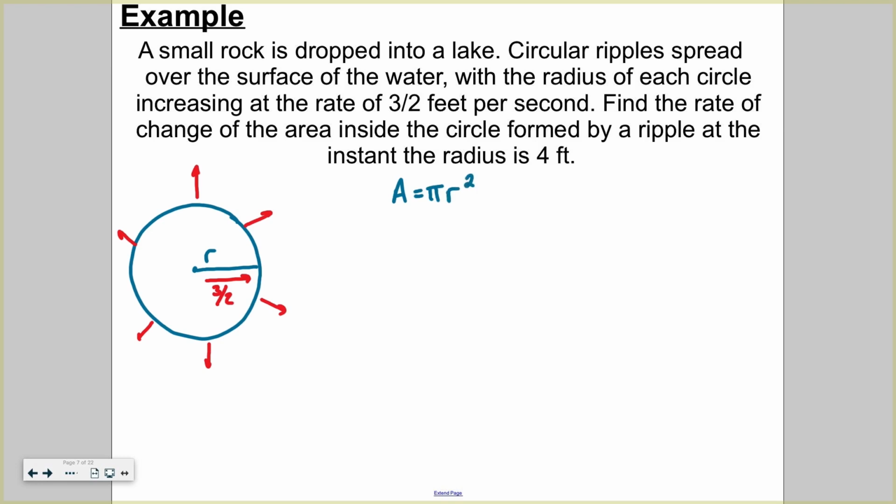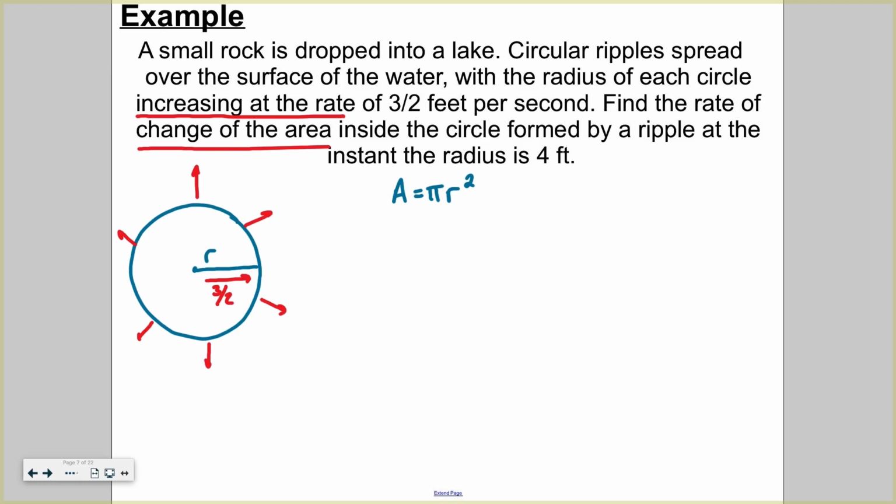Now, after we identify the circle, we need to identify which of these variables have moving parts. So we know that the area is increasing, and we know that the radius is increasing, and it tells us that from the problem. It says increasing radius and change of area. So we need to rewrite the A and the r to reflect that, meaning the area and the radius change